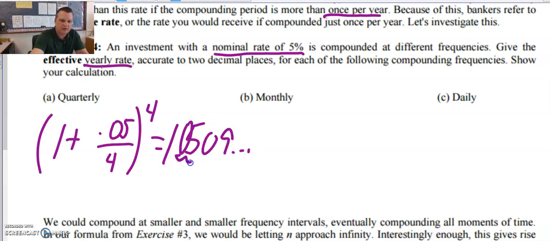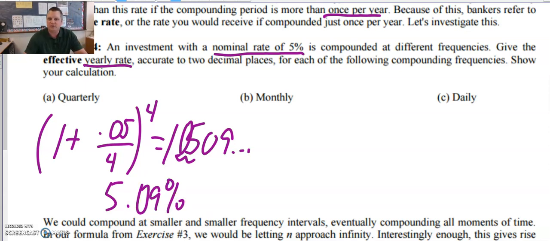So then you move the decimal place over 2 places, and you get 5.09%. So you can see it's a little more, okay? Because like I said, you're taking the percentages earlier on instead of waiting till the end. Now, if we're looking at monthly,